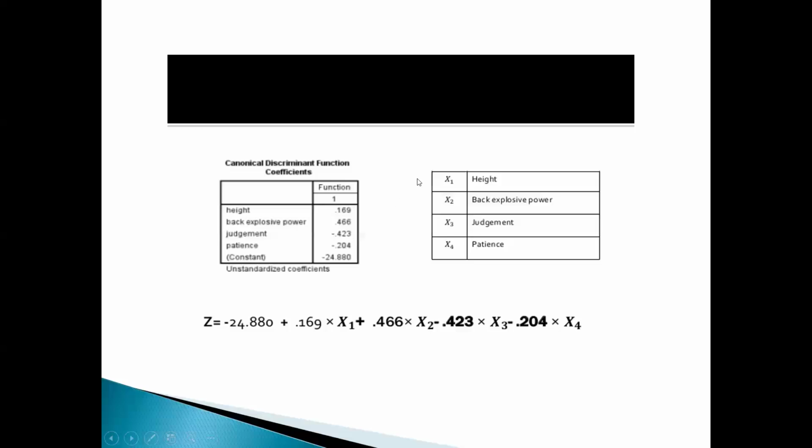See here, only these variables have been considered for the discriminant function: x1 height, back explosive power, judgment, and patience. So now we have made this discriminant function, and these are the coefficients you can see here, and these are the regression coefficients. Now just put the values of x1, x2, x3, x4 for any unit. You can see the value of z,